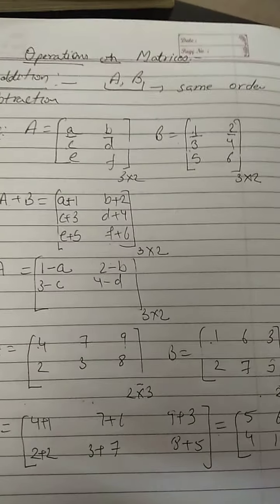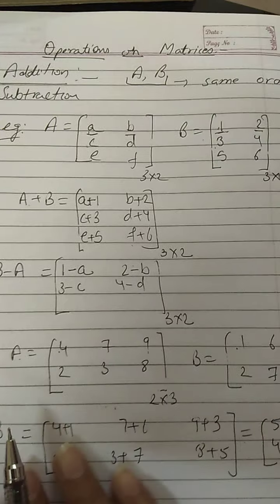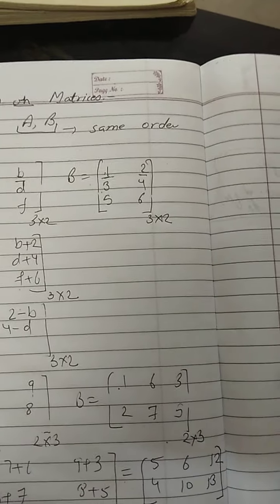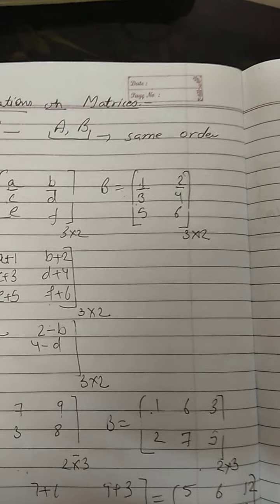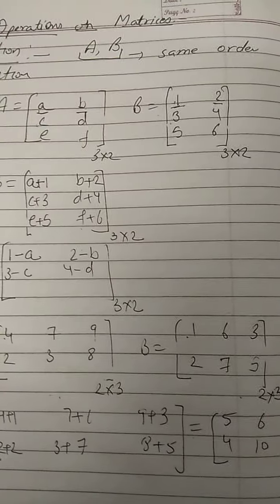So these are the first two operations, addition and subtraction on two matrices. We have multiplication also, that we will discuss later. First of all, you people do the sums based upon addition of two matrices and subtraction of two matrices, and one simple thing we will discuss, that is called scalar multiplication. Now what is scalar multiplication? I will explain here.